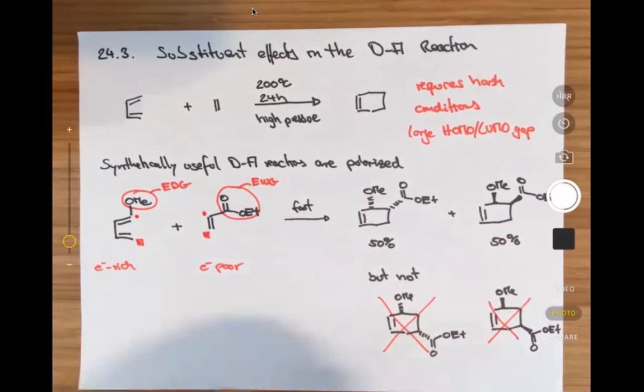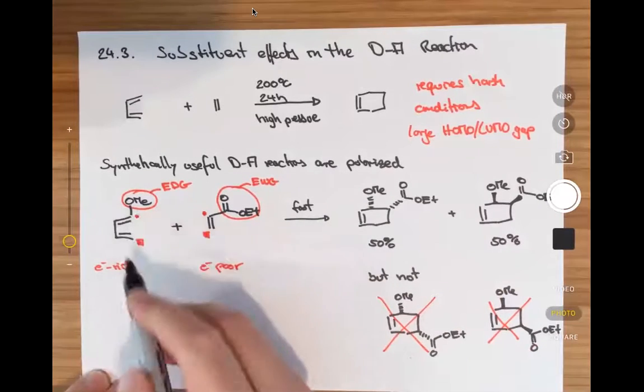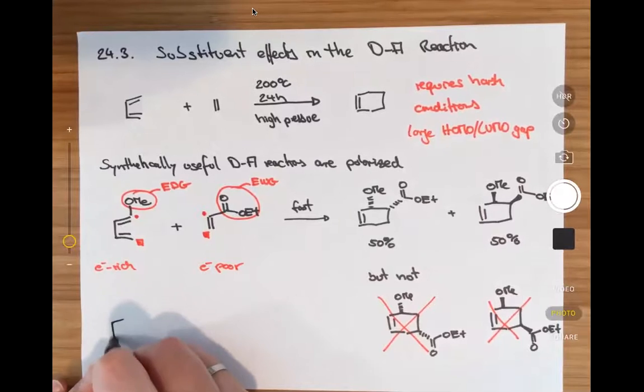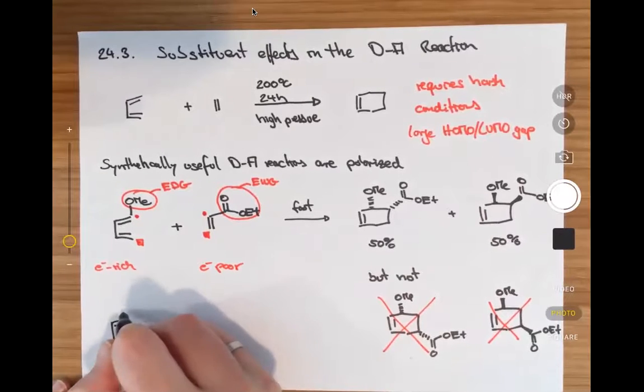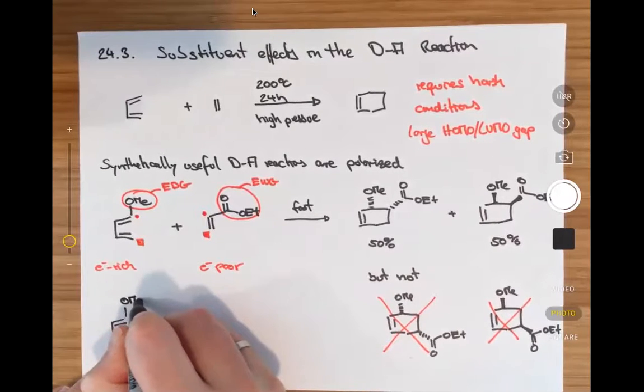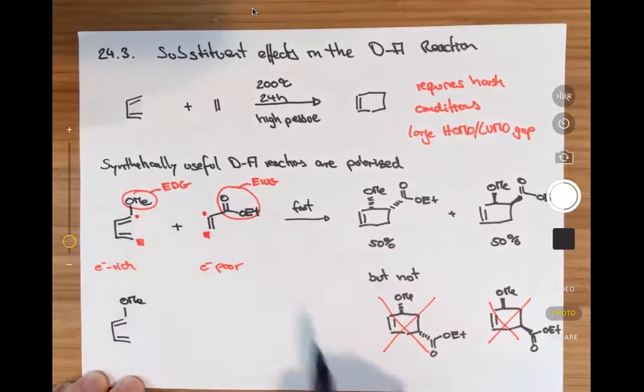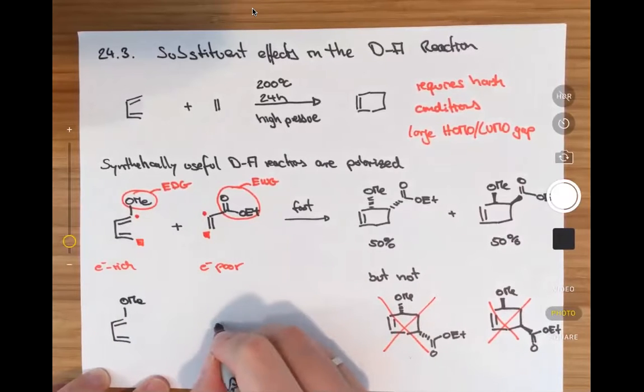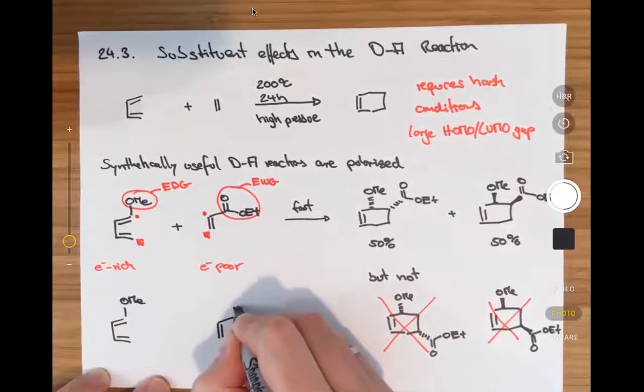So it's worthwhile thinking about it a little bit, why you have this selectivity. And it can easily be derived based on the polarization that these functional groups induce into the pi system. So if we just draw this out here again, and we have the electron donating group attached to this one, and here we have the electron withdrawing group,